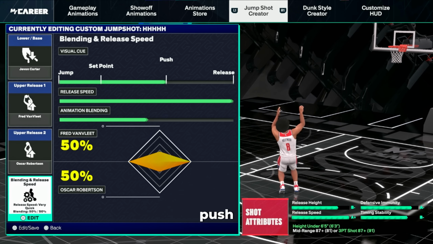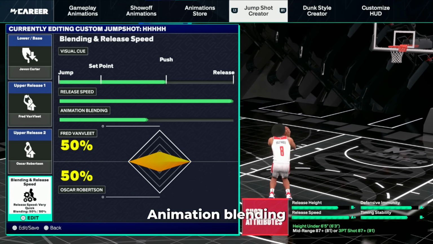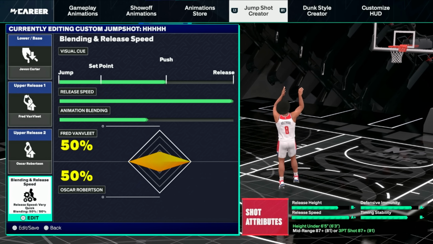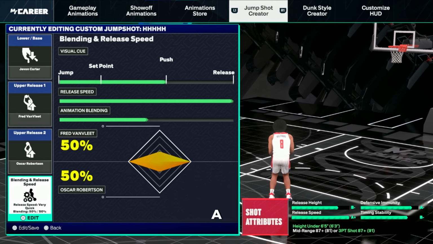With it set to push as your visual cue, your release speed is going to be maxed out. Animation blending is going to be 50% Fred, 50% Oscar, and then for your release height we get a B-. Our defensive immunity is going to be an A-, and our release speed is going to be an A+ with